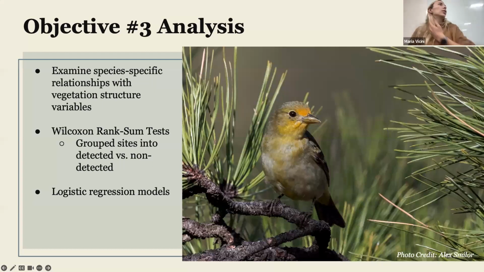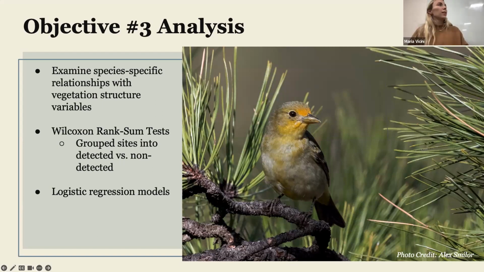For the last objective, looking at those species-specific relationships, I utilized Wilcoxon rank sum tests, which you can think of as a non-parametric alternative to 2-sample t-tests, and I assessed relationships between species and vegetation variables. So following methods from a great habitat ecology book I read by Veach et al., I believe in 2021, I grouped sites into detected and non-detected for the most common species, and then analyzed these differences along a variable, for example, canopy cover, between the 2 site types. This result allowed me to discern if there were significant vegetation feature differences at detected versus non-detected sites